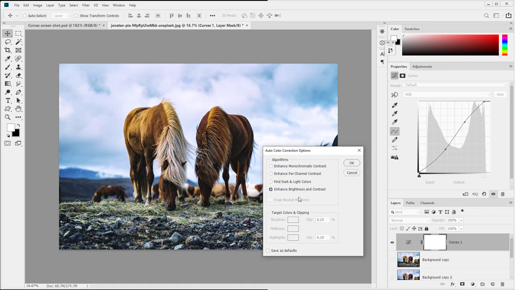And then we have enhanced brightness and contrast, which is essentially just an S curve being applied with a little bit of clipping where it goes in. Speaking of clipping, these autos are in fact a little bit better than the image auto adjustment because we can go in and control the clipping. That is, how far into the data is this going? If you're working with scientific data, you don't want to clip. That will ruin everything. So if you set the clips to 0 here, then you can see this is as far as you can go without it